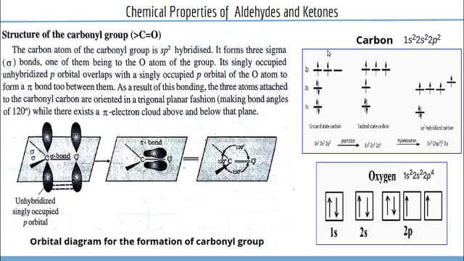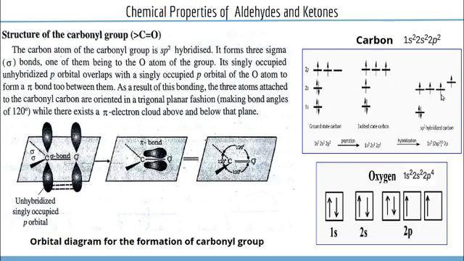So carbon has the configuration 1s2, 2s2, 2p2. Here is the electronic configuration in the ground state: 1s2, 2s2, 2p2. In the excited state, one electron goes from the 2s orbital to the 2p orbital. So we get this configuration in the excited state. For sp2 hybridization, 2p orbitals and one s orbital hybridize together and we will get